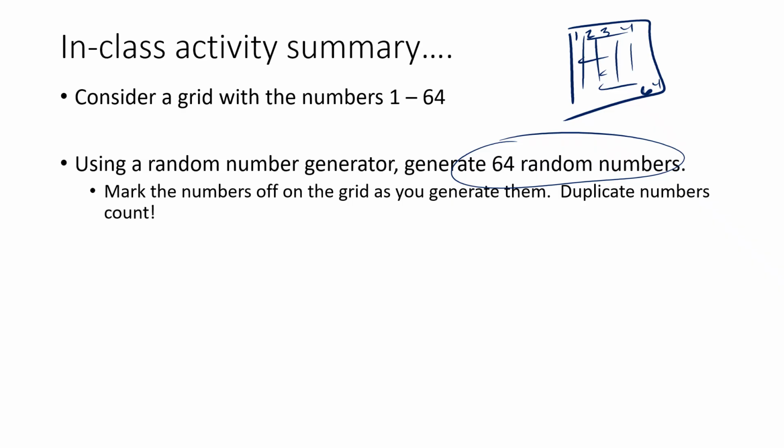Because if you waited until you got new numbers all the time and you just threw out the duplicate numbers, well, the grid has 64 numbers on it and you're generating 64 random numbers. So if you keep skipping them, then by the time you got all of them, you would mark off all 64 numbers, and then everybody has the same grid, and that doesn't